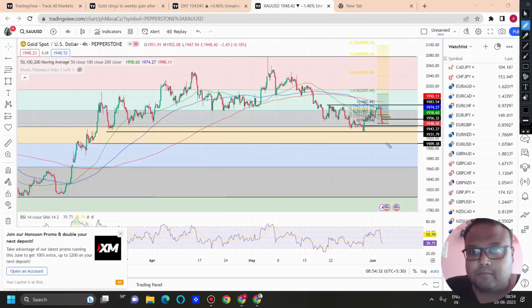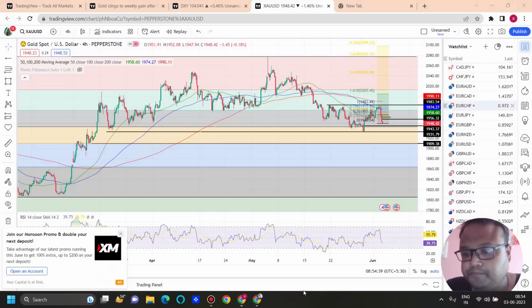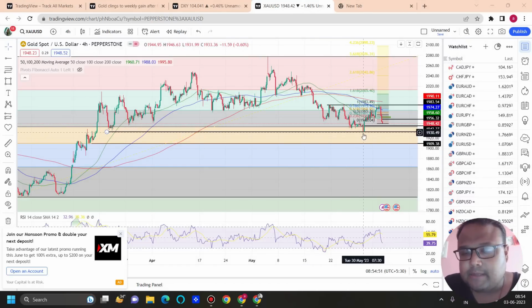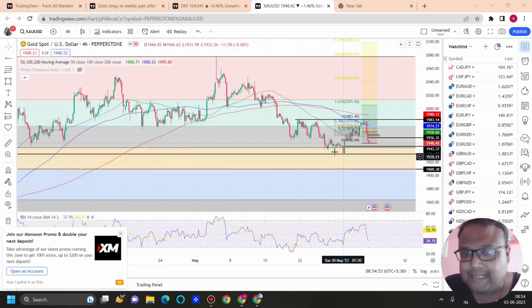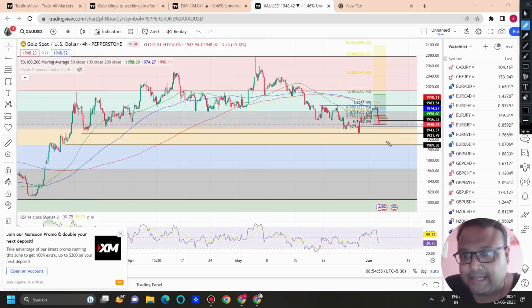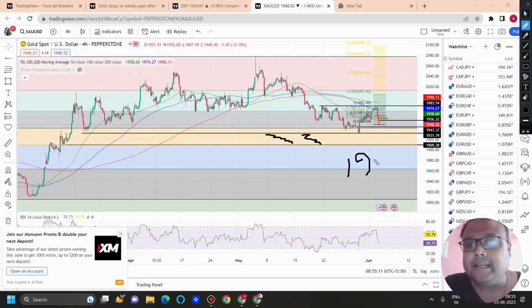Secondly, if the market breaks the 1931 level, then we can see that there is a big gap here. So there's a high chance that if the market breaks 1931, we can look for a sell as well. Because if the market breaks 1931, we do not have any immediate support here. We do not have any strong buyers around here. So yes, if the market breaks 1931, the market will head towards the 1910 level.